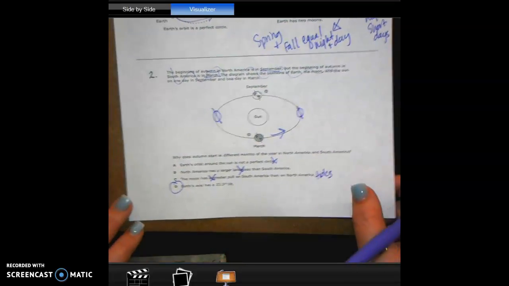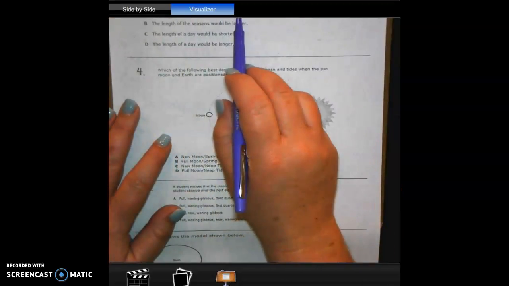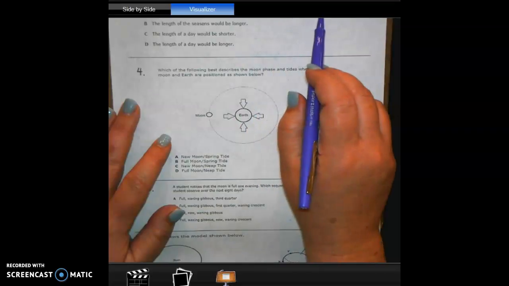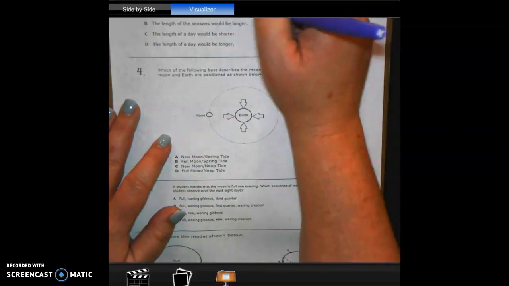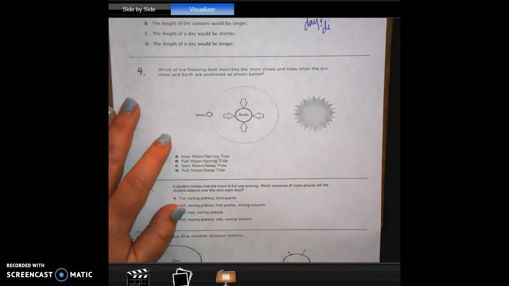Okay, number three. Which of these changes would likely occur if the rate of the Earth's rotation on its axis increased? So the rate of Earth's rotation, we know that rotation has to do with day and the night. It takes us,